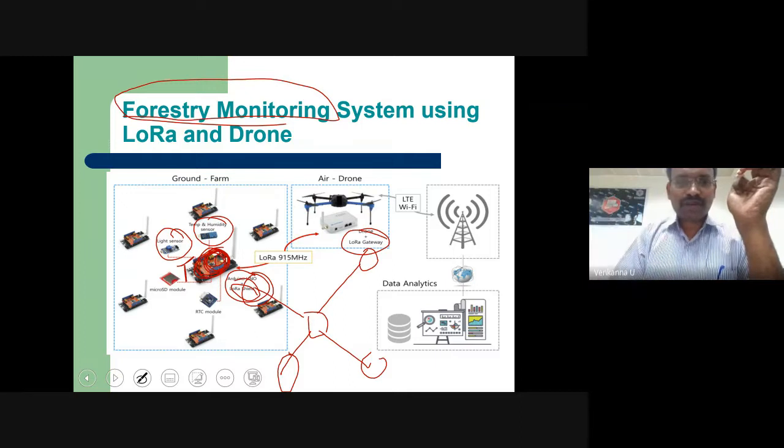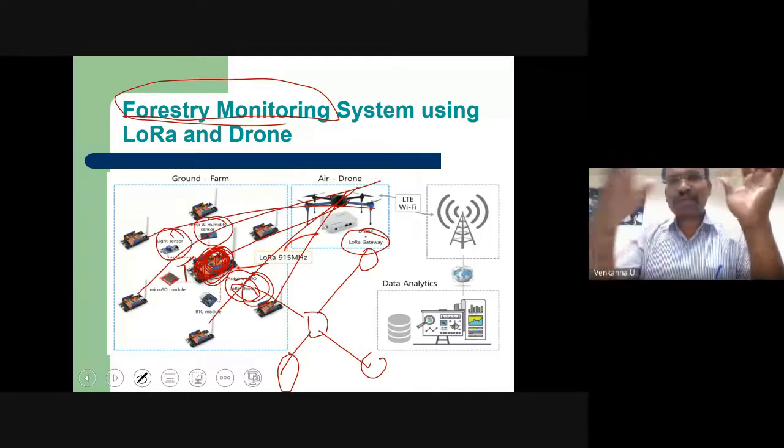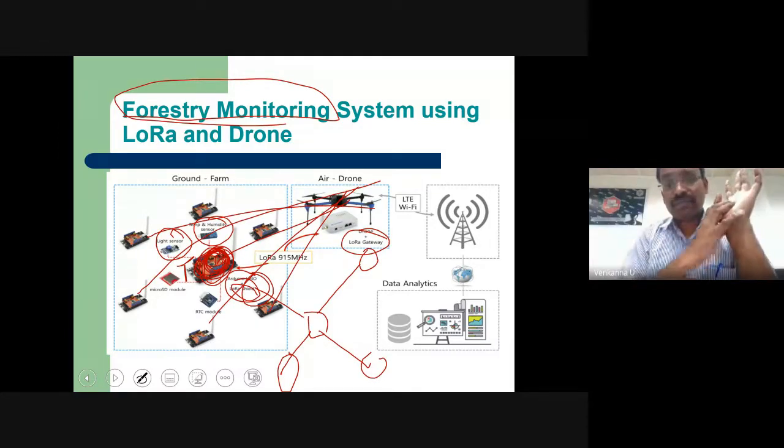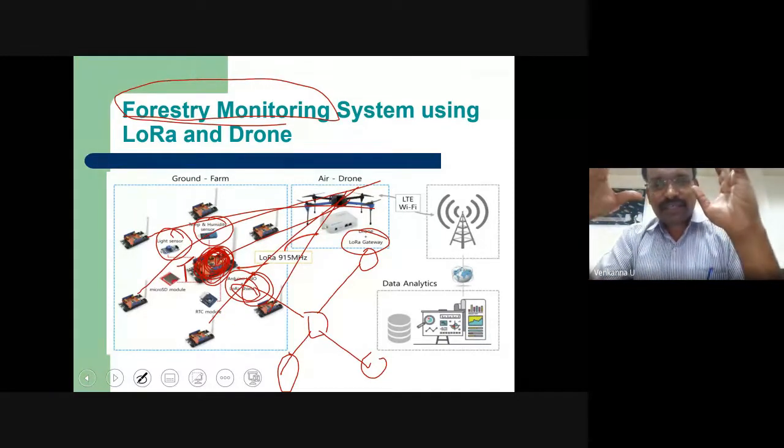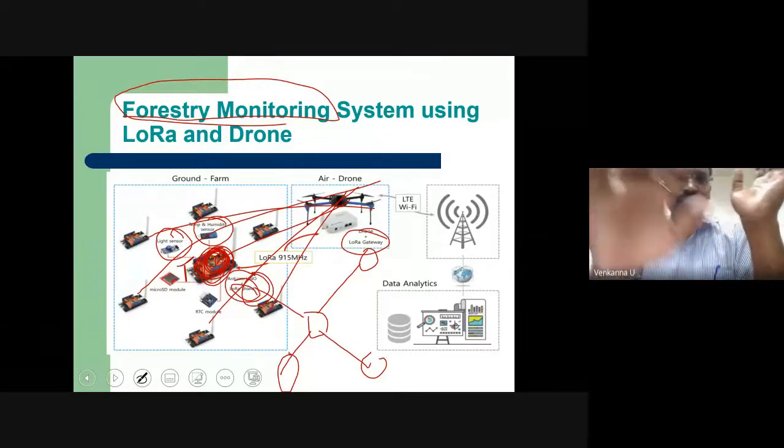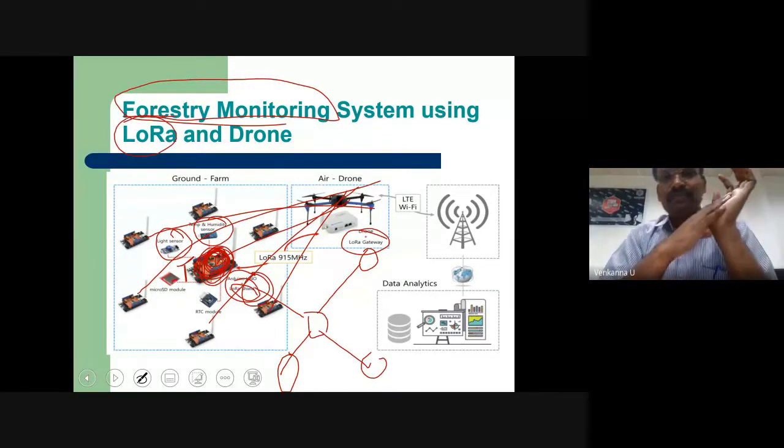Then whatever data you are collecting, you are going to push when this drone is in your proximity. This is one application they have demonstrated using the LoRa node.